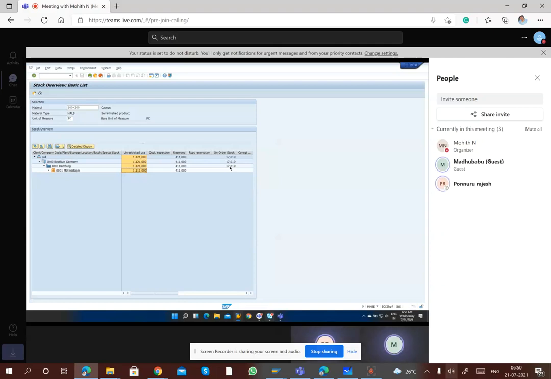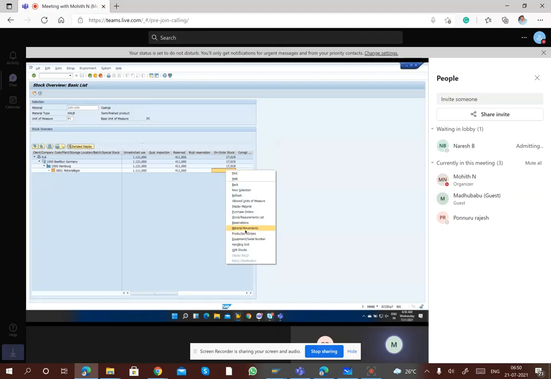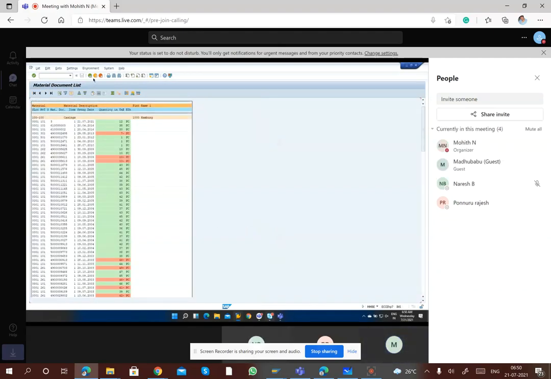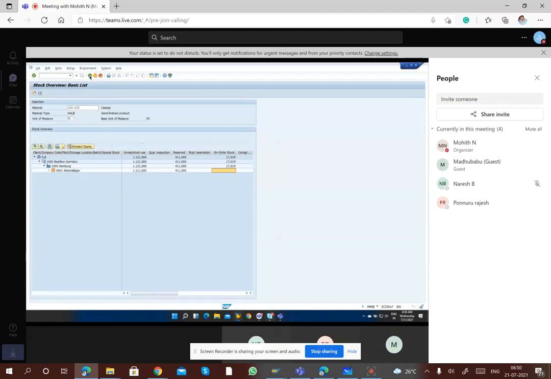Yeah, Mohit. So there are 8 left with us. Those 8 are included in on order stock. On order stock means there are some orders already raised, but you still do not have them taken inside. Those stocks are called on order stocks. Any doubts still here?